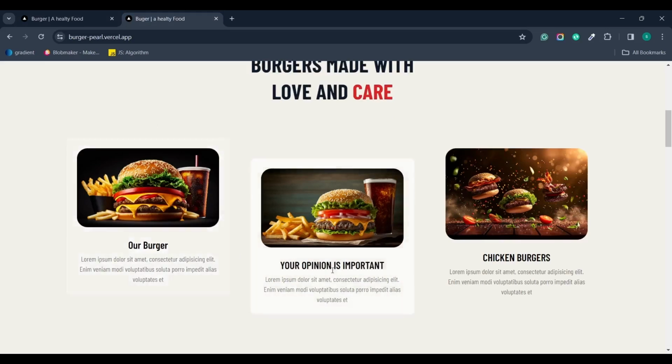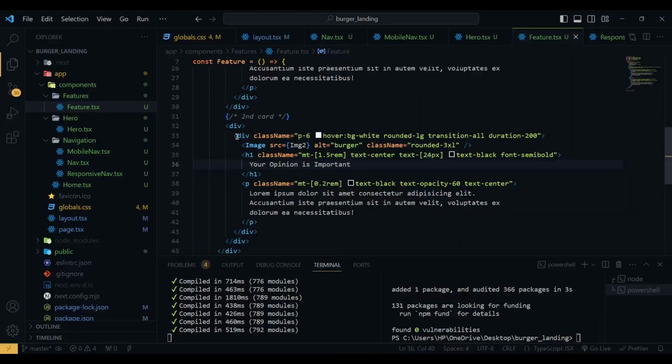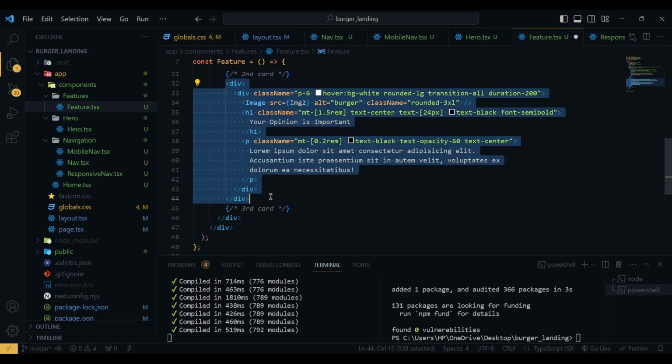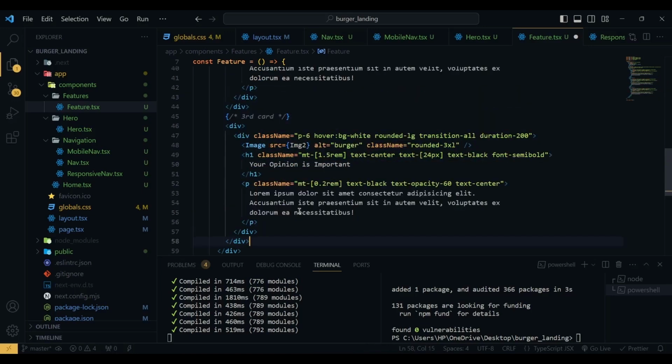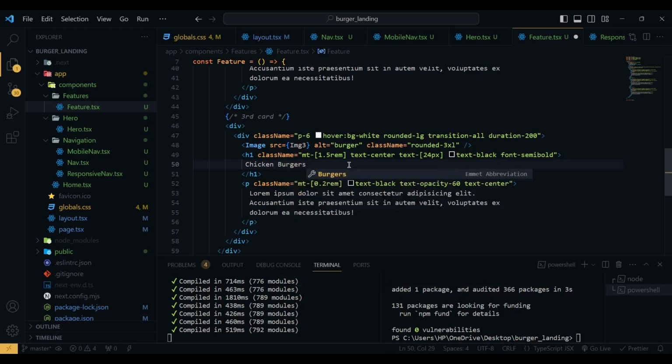So you can see we need one more card. So this is the third card. I'm going to copy this and then paste it here, and it's image 3, and the title will be chicken burgers. So if I check,